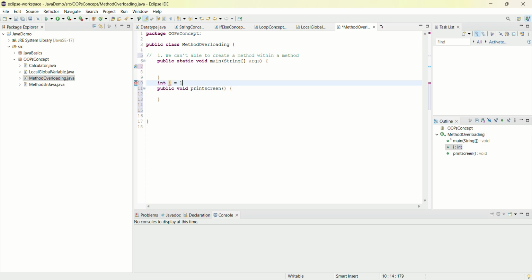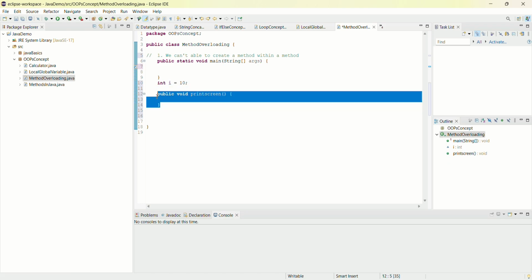Can I create one more integer type with the same variable name? No, because it will throw an error. We can't create one more duplicate. In method, we can create one more method, but